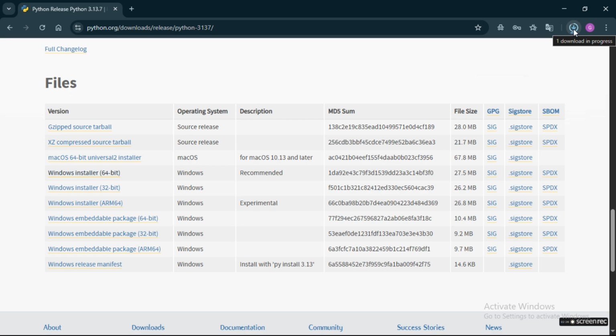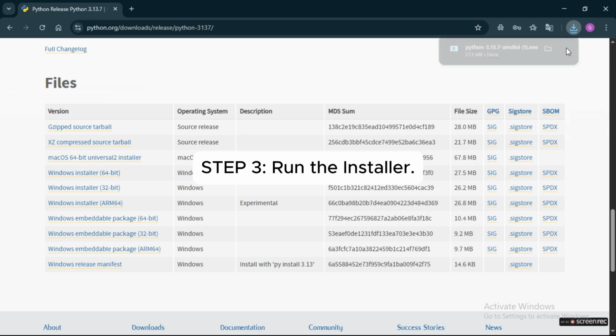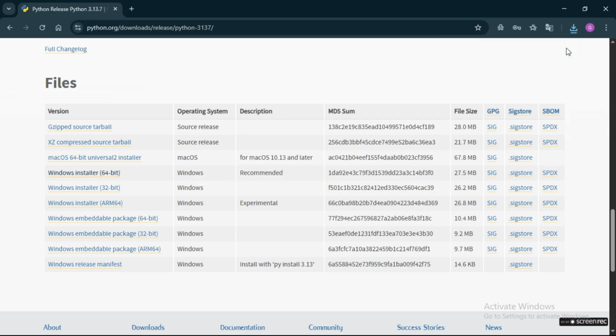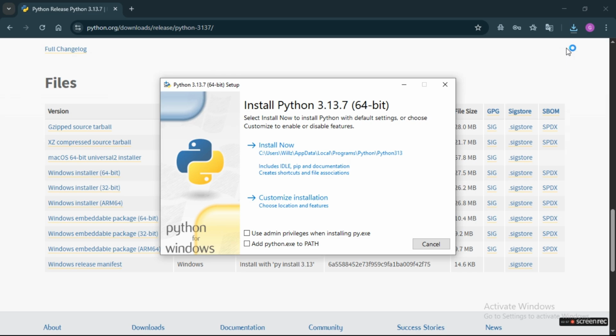So we wait for it to finish downloading, and it's done. So we open it. So we are going to click, although use admin privileges when installing Python, it is not necessary, but just click it. But the one that you wouldn't want to avoid is add python.exe to PATH. You have to click it. If you don't click it, your system is not going to recognize that you have Python, so you have to click it. So just click two of them, then